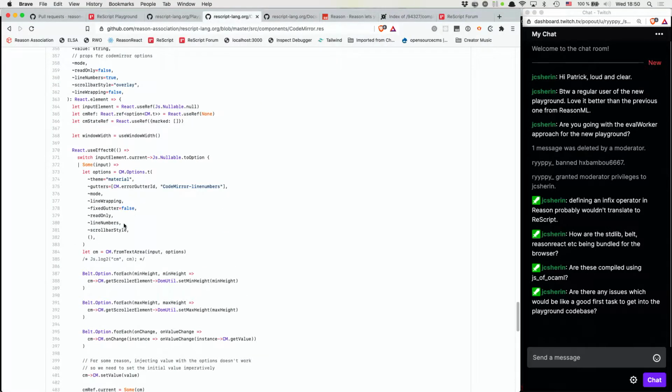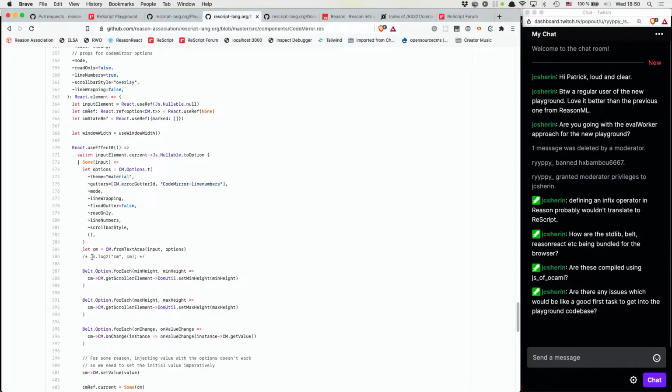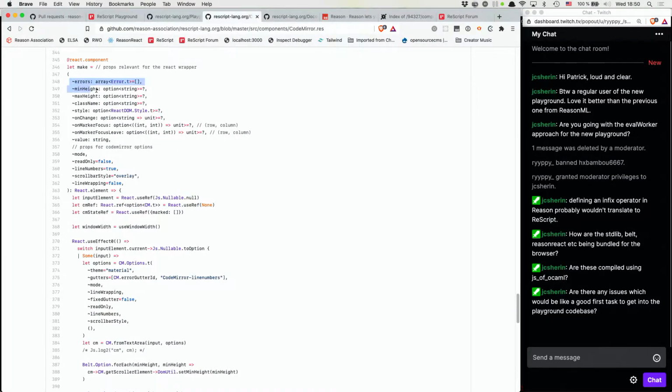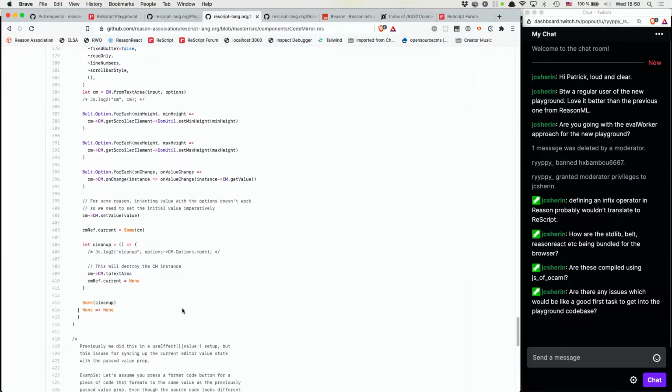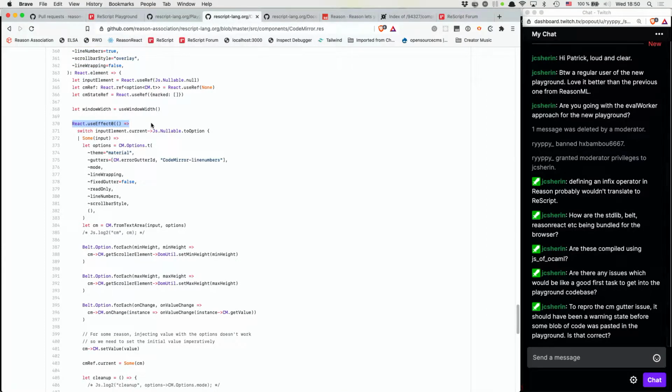For instance, since we are heavily relying on this imperative code, we need a lot of useEffect. Whenever a prop changes, we need to do certain things. So for instance, here, useEffect 0 means